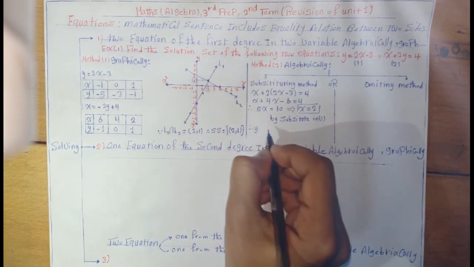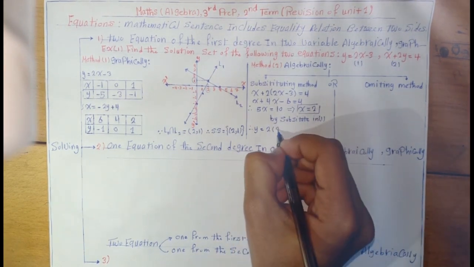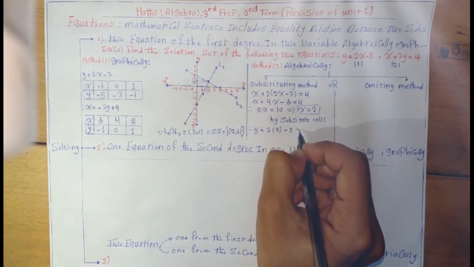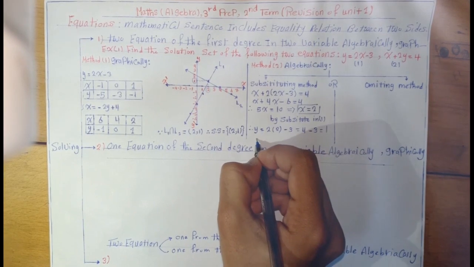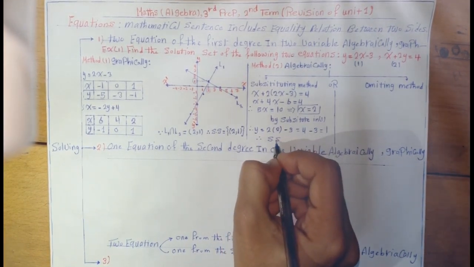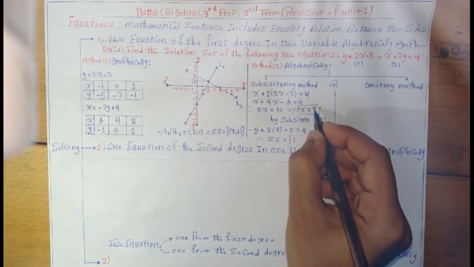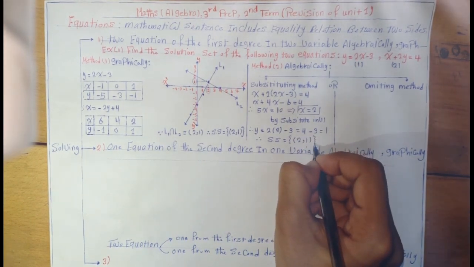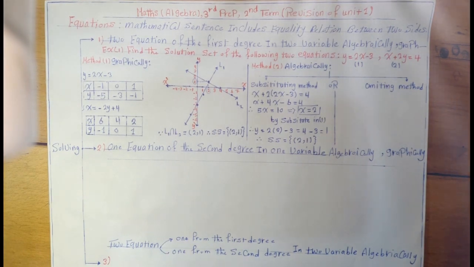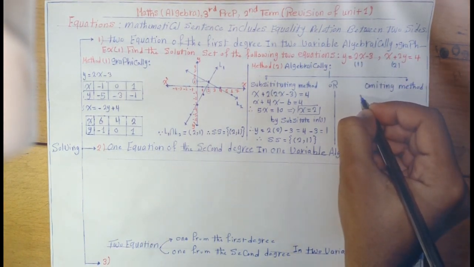Then y equals 2 times 2 negative 3 equals 4 negative 3 equals 1. Then the solution set equals the set of the ordered pair (2, 1). But in the omitting method, we put the two equations in the form: the first equation